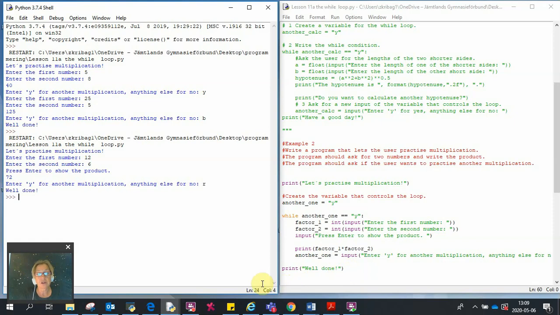Well, actually, you could also write something in here so that the user will enter the product and then the program could check whether it's correct or not. And if it's not correct, the program might not write well done. Okay, so now